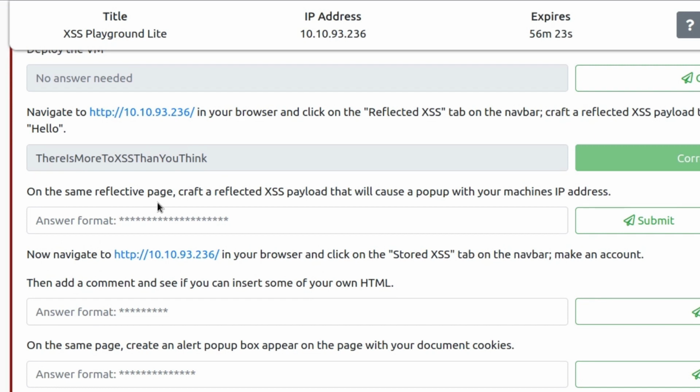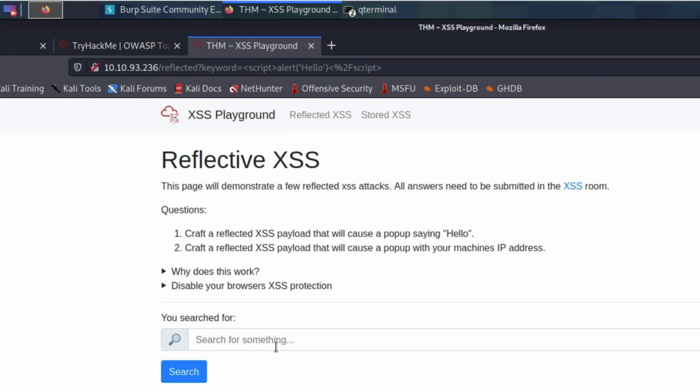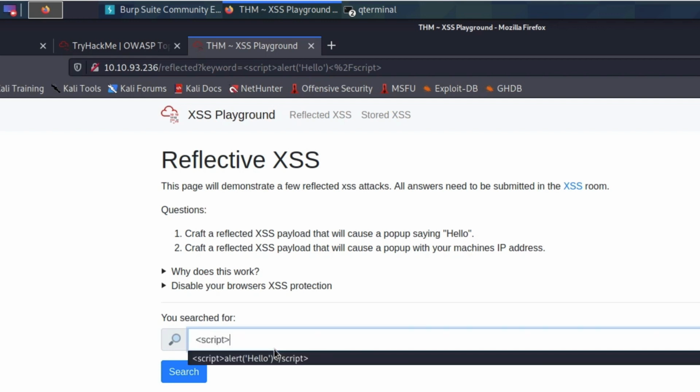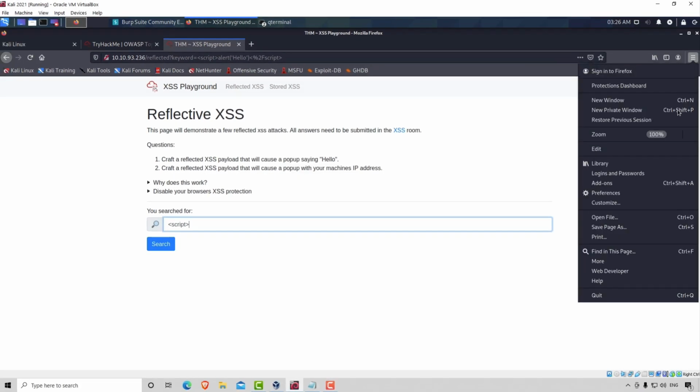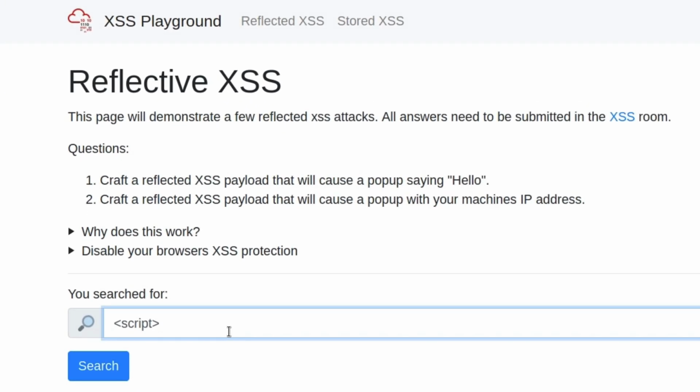Let's close this and let's see what our second challenge is. So on the same reflective page, craft a reflected XSS payload that will cause a pop-up with your machine's IP address. Okay, so we pretty much use this same user input, so we know it's vulnerable to XSS. Now we need to run a different JavaScript code in order to pop up an IP address of the virtual machine. We can do that by typing this script right here. And let me just zoom this in, just so you can see it a little bit better. We run script, and then inside the script tags we type alert, and in between the brackets we specify